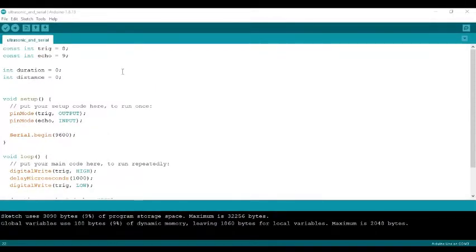This is the code which we have written for the project. After the connections, if you look at this code, it's a very basic code.